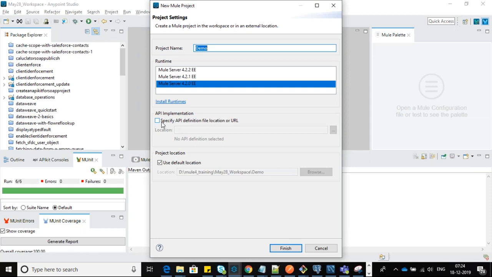And the other thing is when you're trying to work with a SOAP-based project. Suppose I just want to expose a SOAP API to the outside world. At that time we have to load either a RAML specification or a WSDL file, so you have to choose this option, guys. I'm just ignoring it right now. This is the location where I'm trying to create the project, that's what we spoke about, the workspace. And then I'm clicking the finish button, guys.